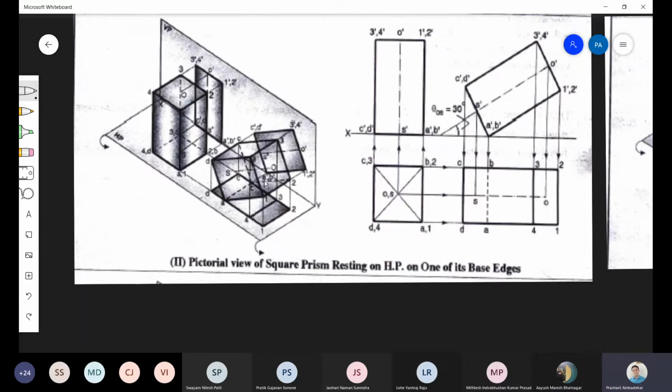Showing this is already taught to you. Why I'm showing this to you again? Because I want you to understand the concept of dotted line now. See now, this is the vertical plane, this is the horizontal plane, and we can see that the object is